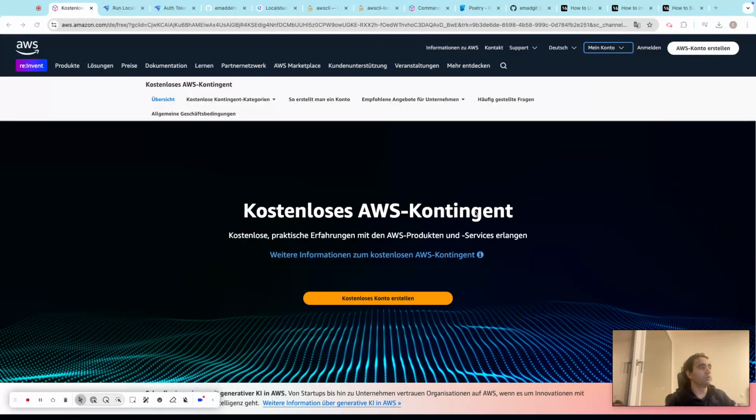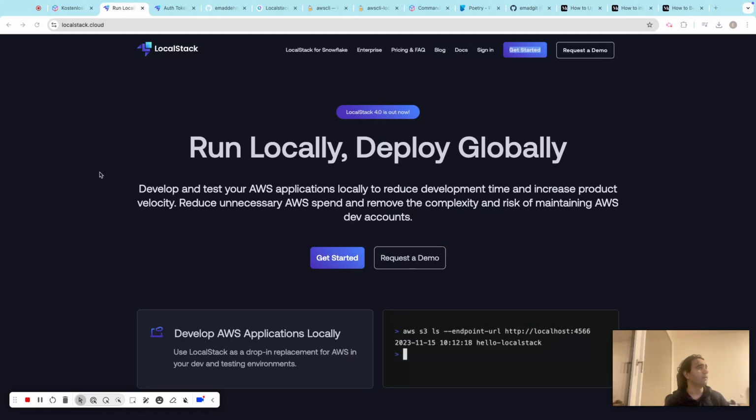But also, usually these AWS accounts belong to some specific environments. Let's say you have a staging environment, a sandbox, or production. So you don't want to connect from your local machine to those environments. But what you can do, you can do a lot of things. But one of the things that you can do is using Localstack, which is a platform that simulates